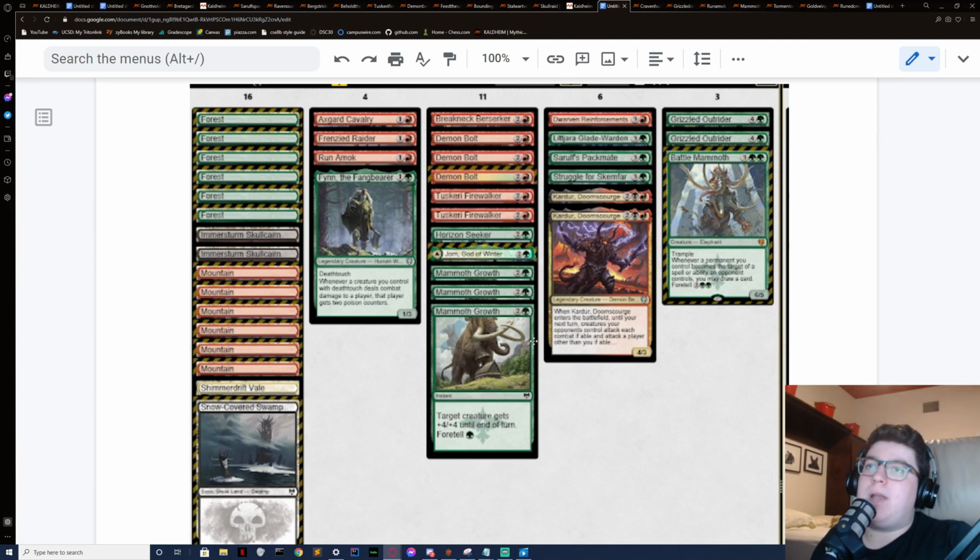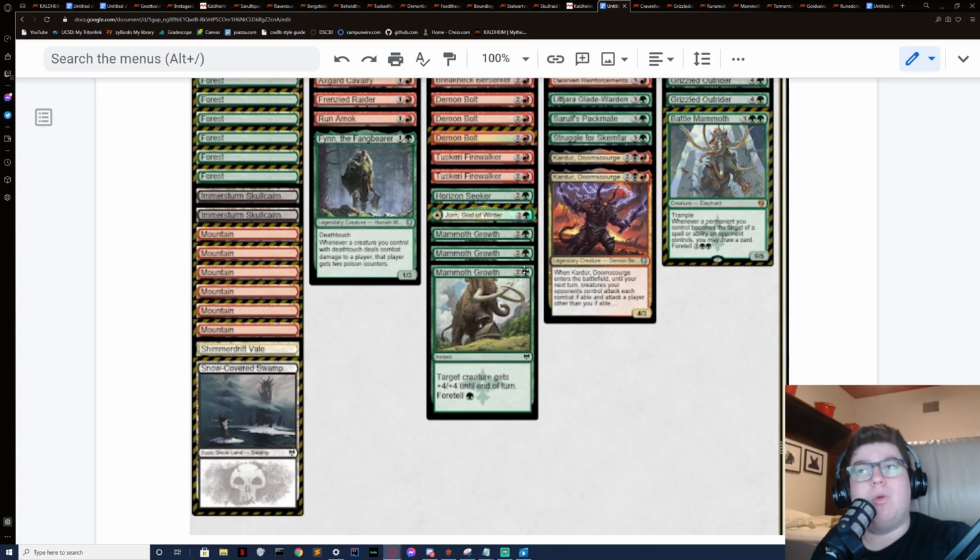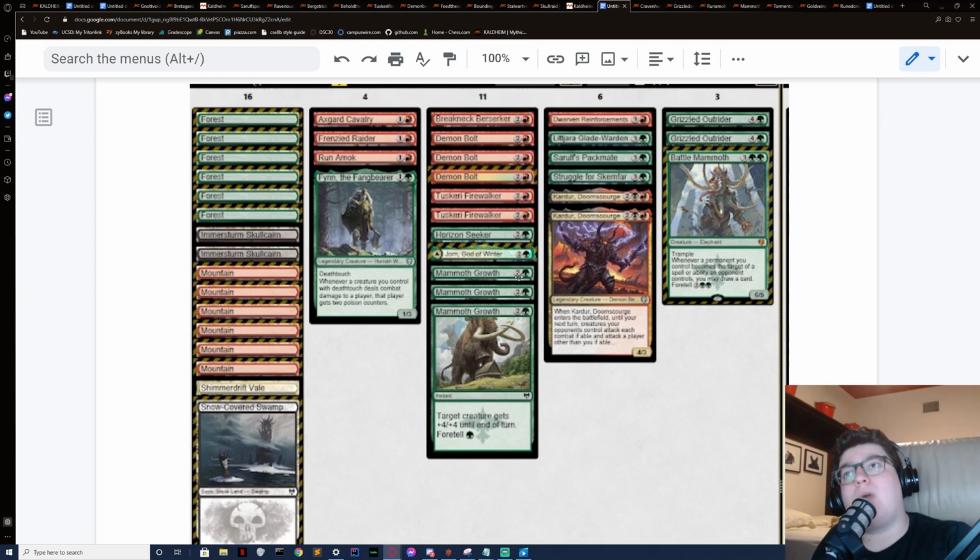So oftentimes, if I open a good control deck that does not have enough removal that I feel will support it, I will try to play a more aggressive deck with combat tricks, because if your opponent plays some sort of creature bomb, and they don't block, they're probably just going to die, right? You have like +4 damage off the Mammoth Growth, and your other creatures aren't getting blocked